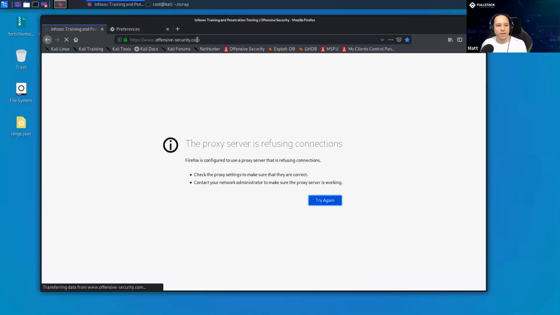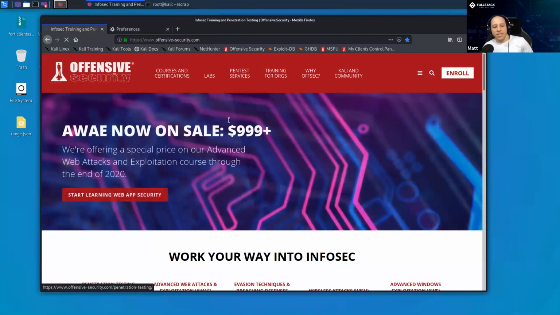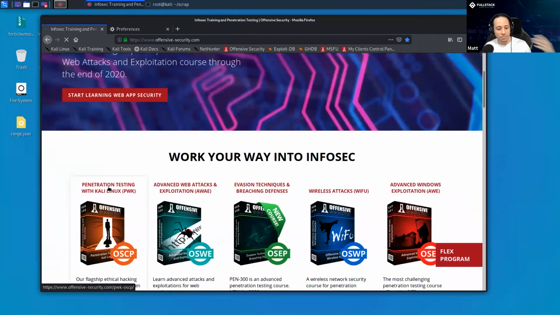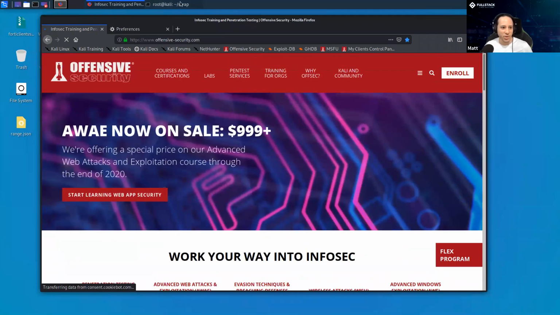All right. So let's say I want to attack offensive security. Maybe they have some new person there. I have an account I want to attack. I want to make a password list. And I think, if they really love offensive security, maybe they're going to make a password that has one of the words from this page on it. I don't know. That's the idea. That's the story and we're sticking to it.